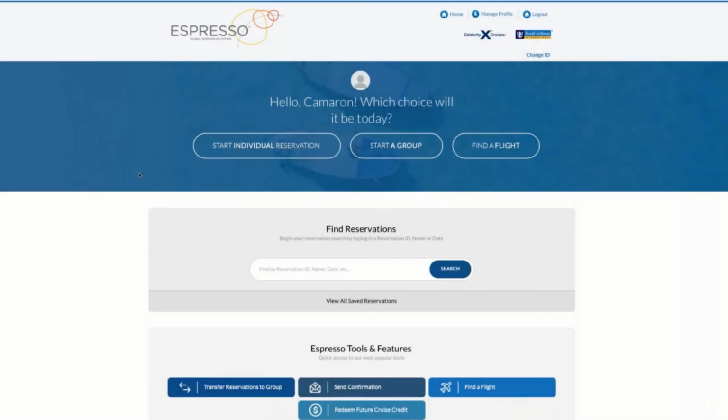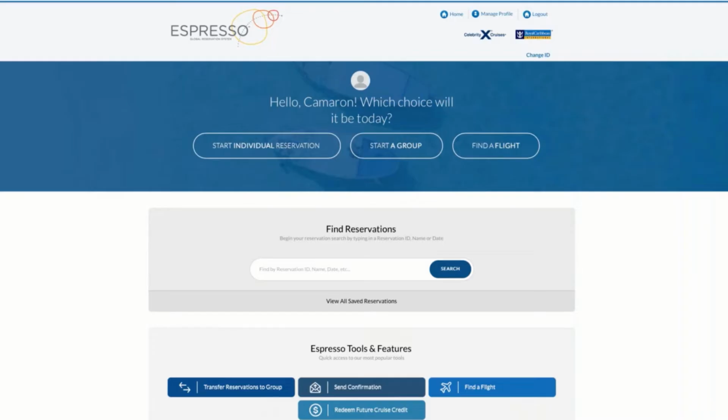Going to start with in cruising power. And so you see on my screen here that we're on the espresso homepage. And so we got to this by going to cruising power, then going to the booking tools and clicking espresso. Now we also have a widget on the homepage of espresso. However, we highly recommend starting from within espresso to be able to experience the fullness of what espresso has to